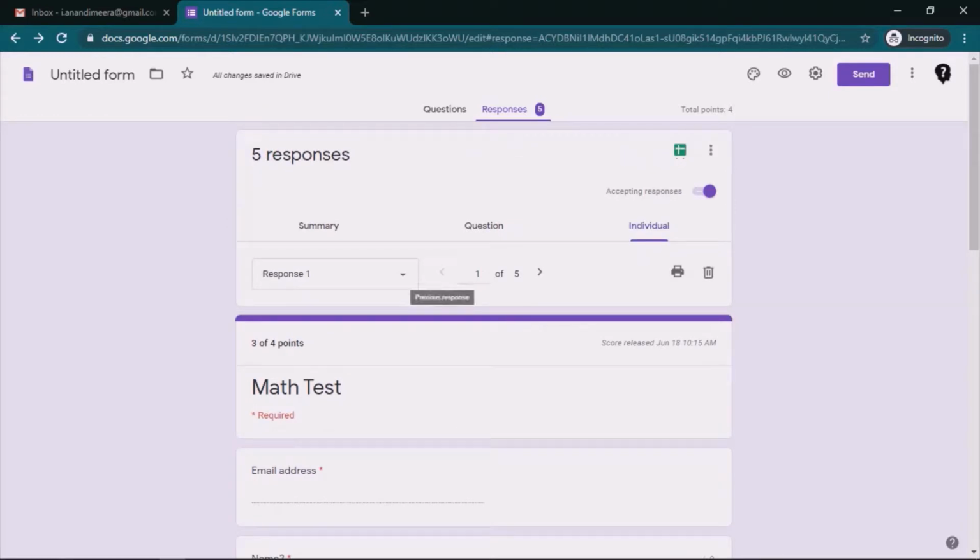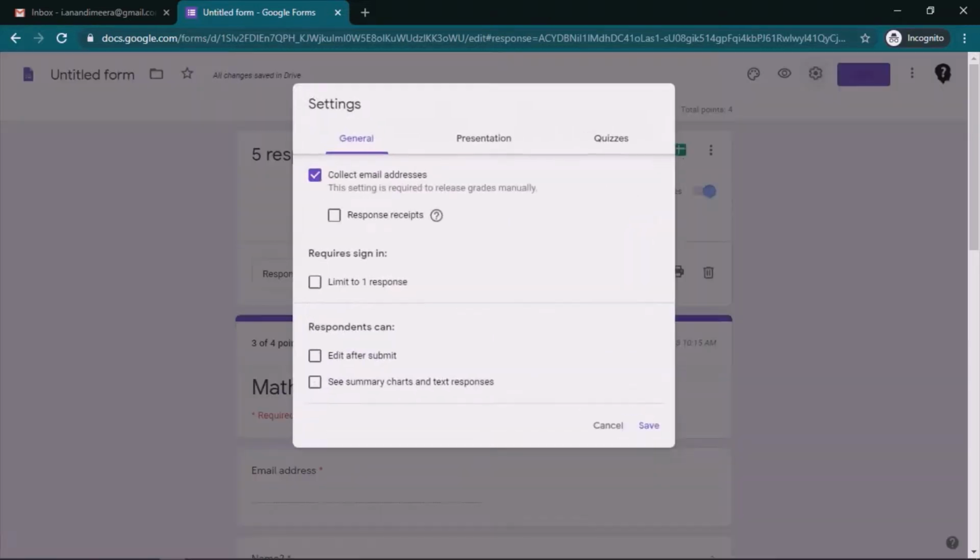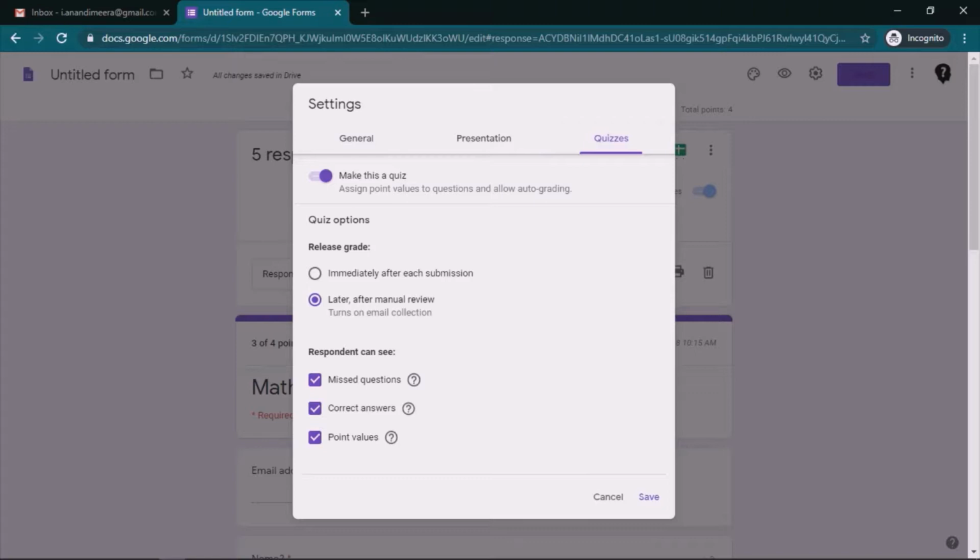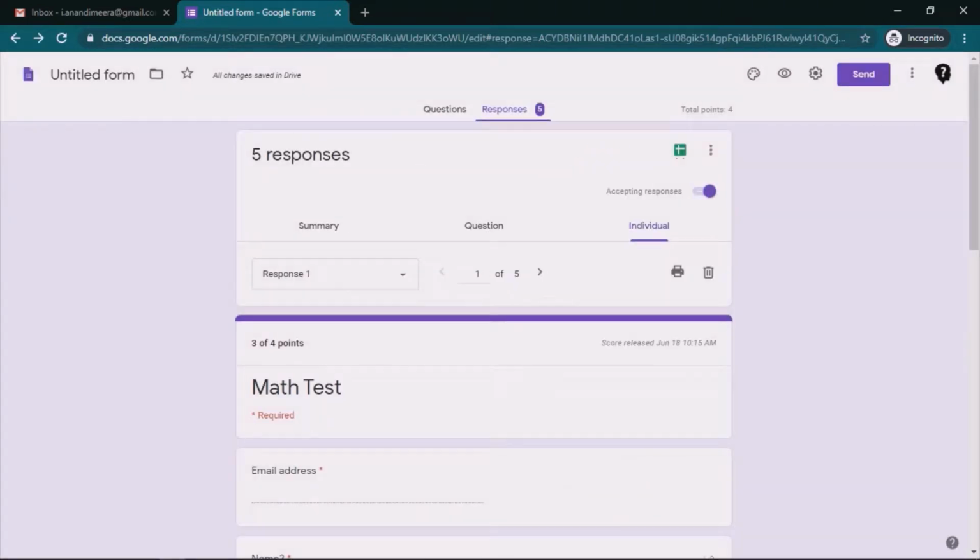However, once reviewed, you see that the first two responses we recorded using the first option, immediately after each submission. Hence, for those it is not giving me any score to release. It is directly showing that the score has been released on the so and so date and time. Next, again, this has been released at so and so time. For the third, the score is not yet released because for the third, fourth, and fifth responses, we have chosen another option to release the score after manual review.